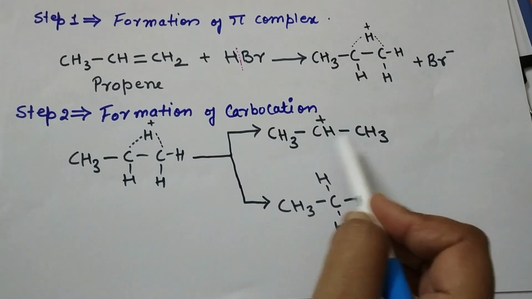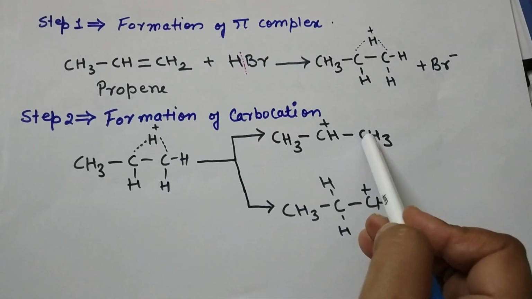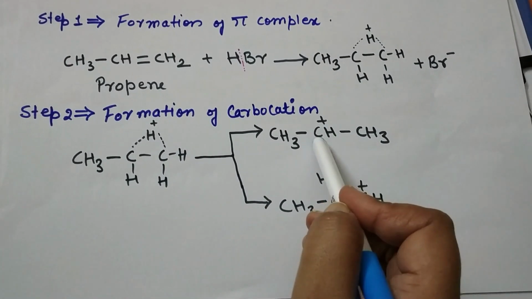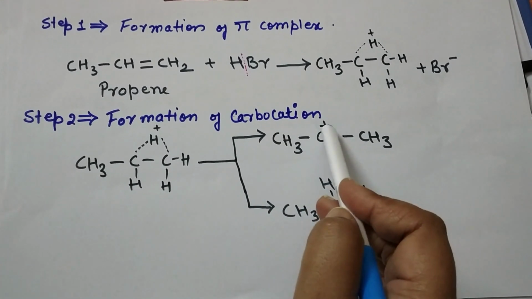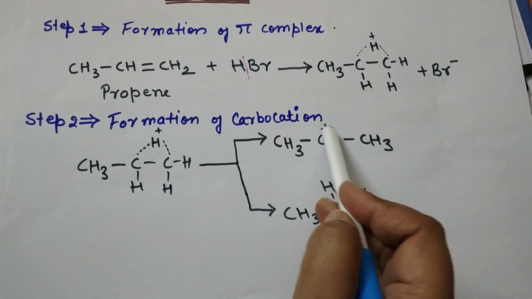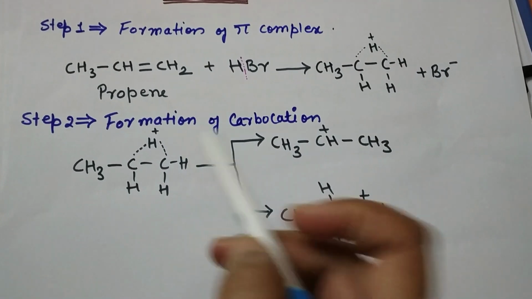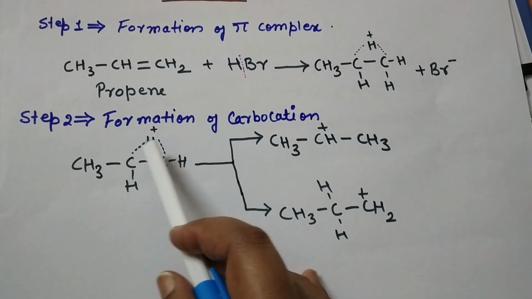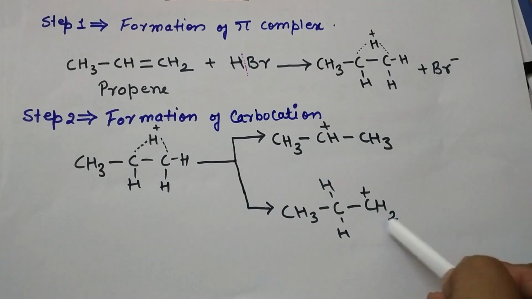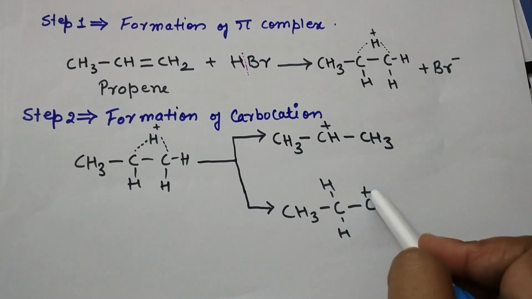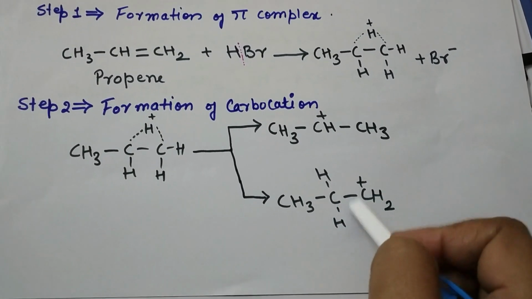In the first case the hydrogen went on the first carbon, so it is converted into CH3 and this carbon will have electron deficiency, and it is the formation of carbocation. This carbon with electron deficiency will acquire the partial positive charge as hydrogen is moved to the first carbon. In the second case, the hydrogen will move to the second carbon. So here you can see the CH2 will form and this first carbon will have a deficiency, so it will acquire the positive charge. So in both cases the carbocation formation takes place.